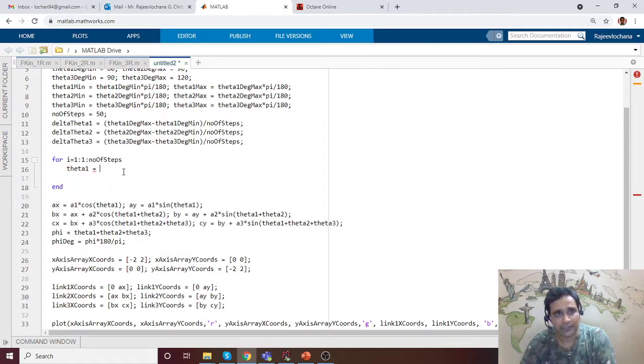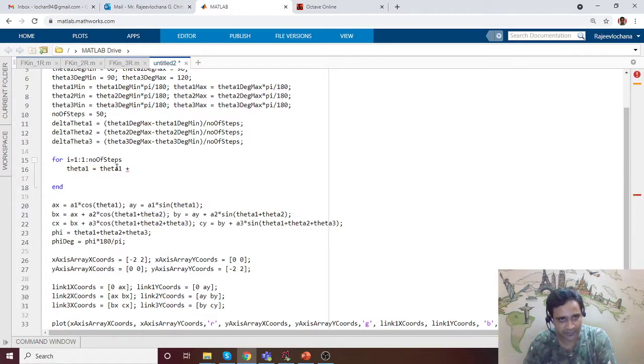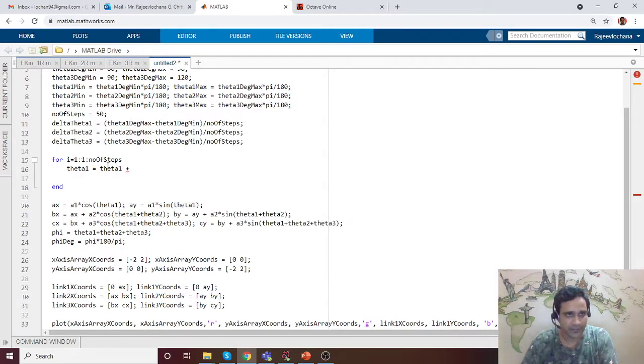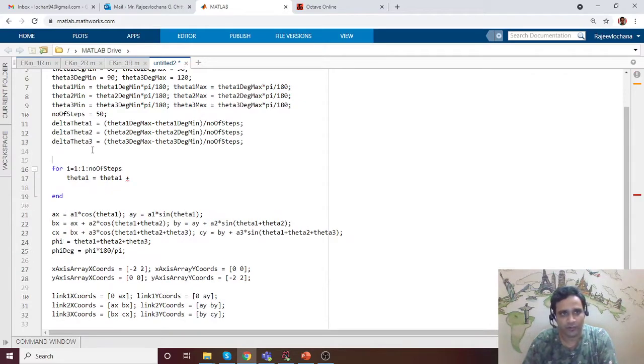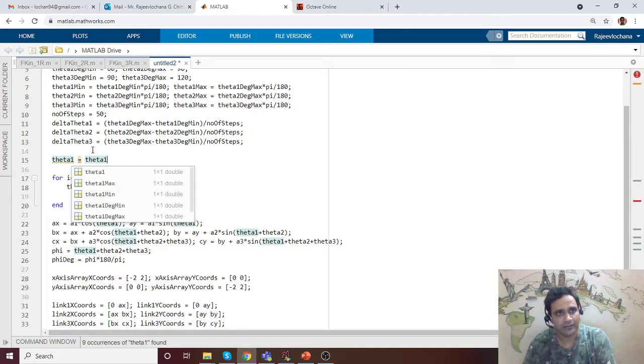Now this theta 1 will be theta 1 plus I, let me put it this way. Okay, let us do something. Before we start with this for loop, let us initialize the value of theta 1, and we want to start from the minimum value. Theta 1 min.